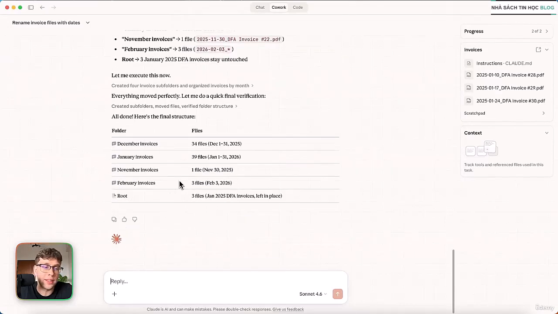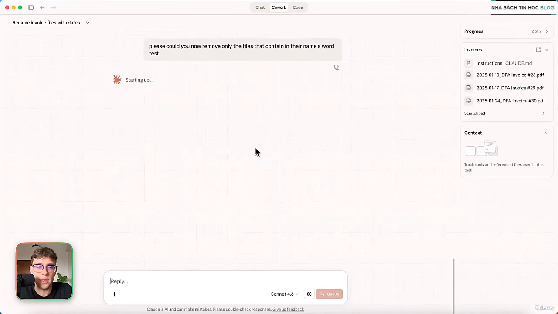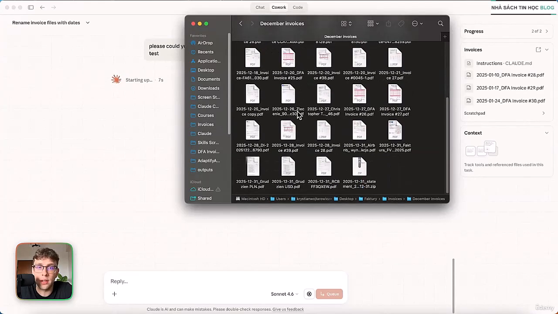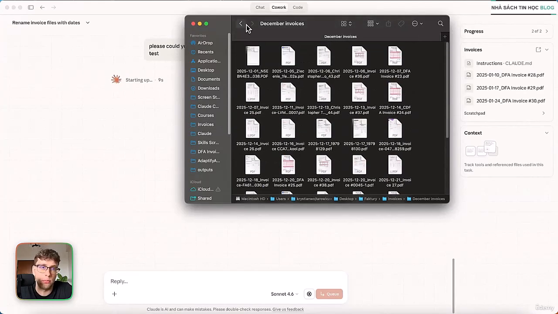So now we can go ahead and type, please could you now remove only the files that contain in their name the word test. Let's run it and let's see if it's going to do everything correctly. Because remember, we have many different files, all right? So it's very important to keep the accuracy at 100%.